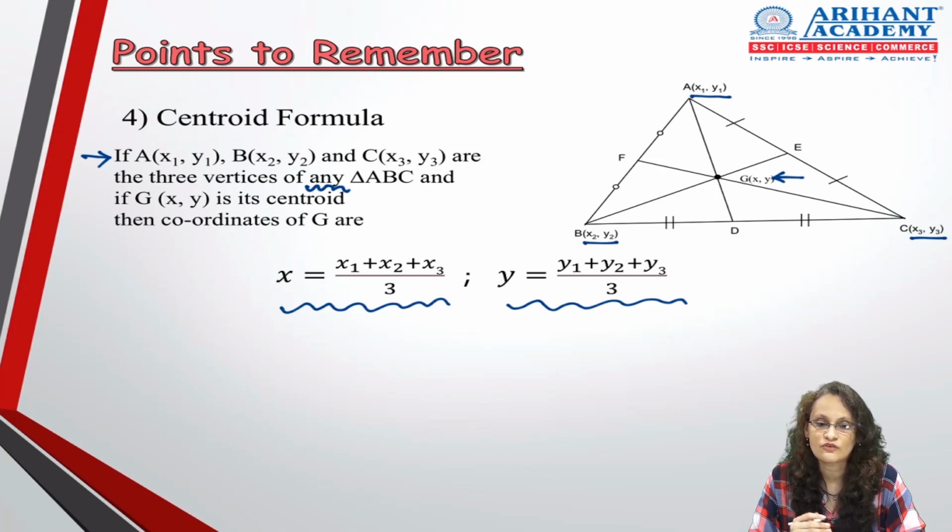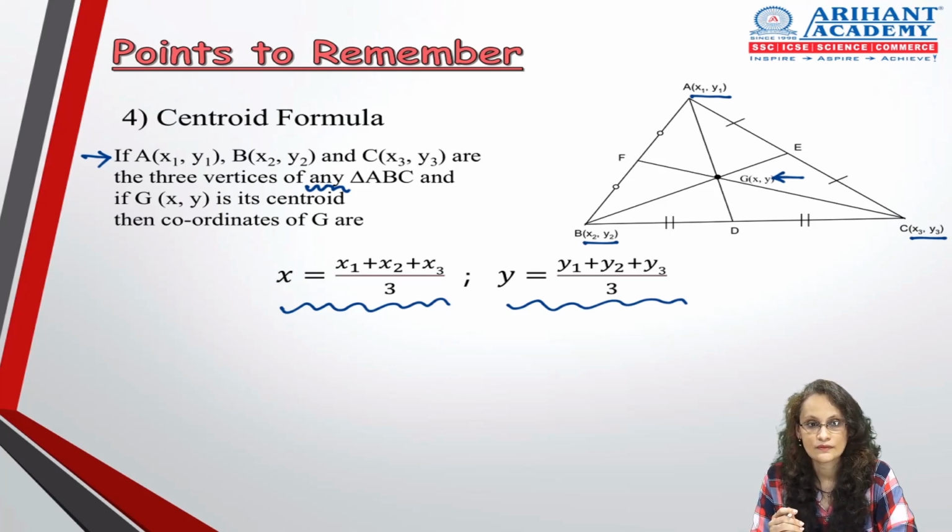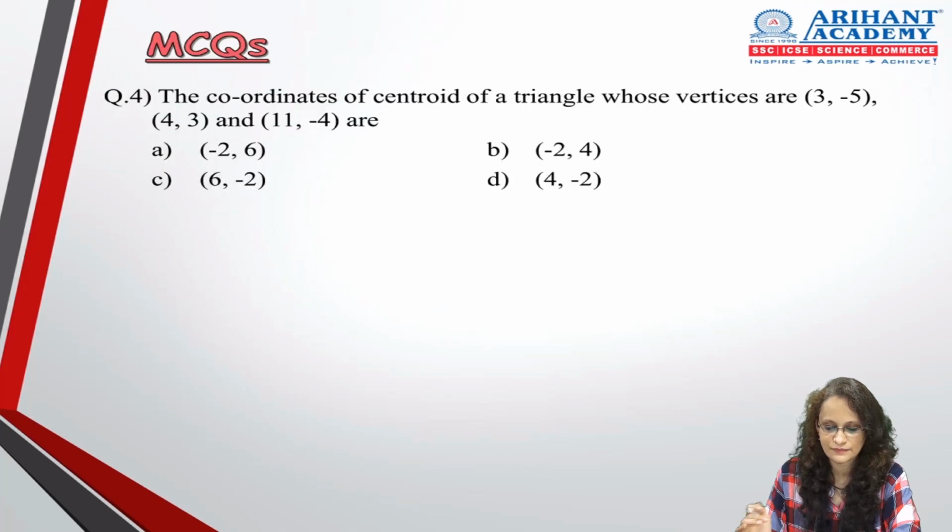So once the formula is done, we move on to its related MCQ. Alright, so the formula is there in front of you. Just have a quick run through. It is very similar to the midpoint formula, but there we were only talking about 2 points. Here there are 3: A, B, C. Okay, so let's get started with the MCQ.